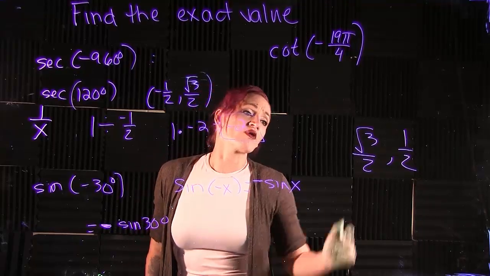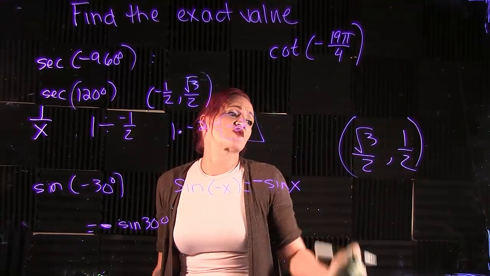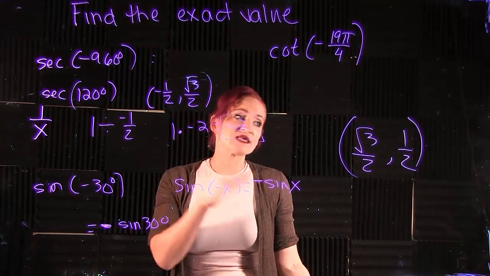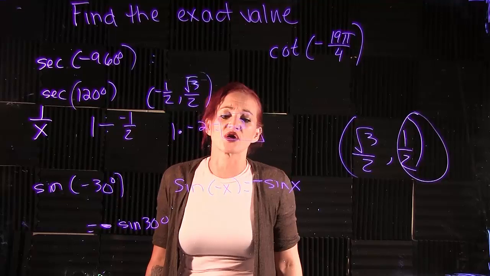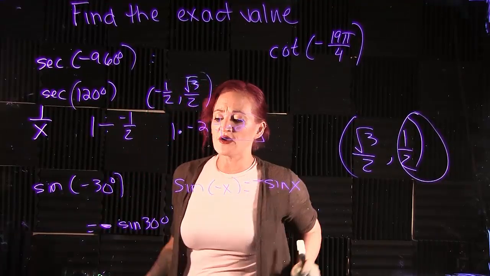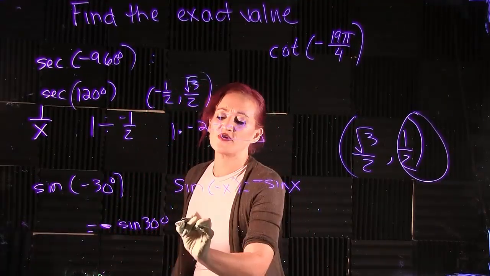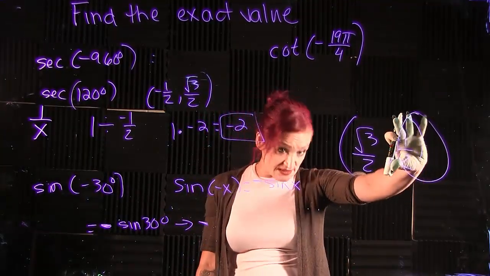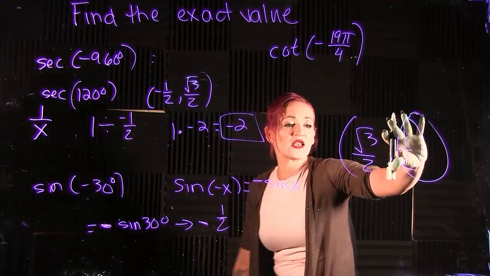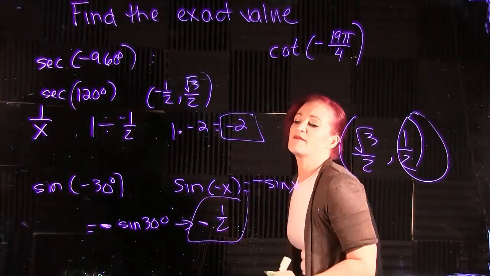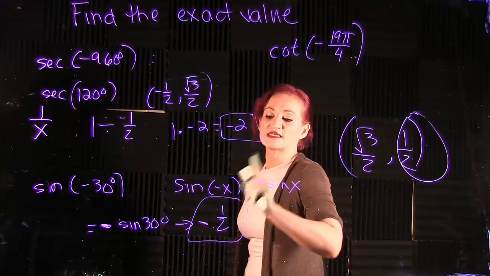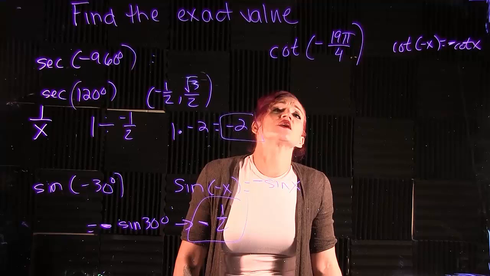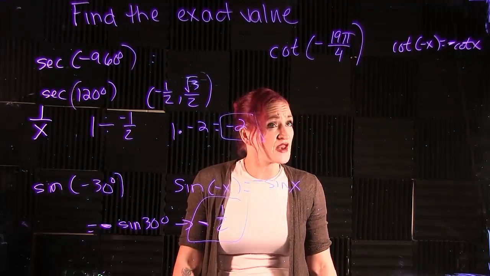The coordinate at 30 degrees is square root of 3 over 2 and 1/2. Keep in mind that sine is going to be your y value here. So negative sine of 30 degrees, move over that negative. Sine of 30 is the y value, so the y value here is 1/2, so that means negative sine of 30 is negative 1/2. Now for this final example over here, we are given cotangent of negative 19 pi over